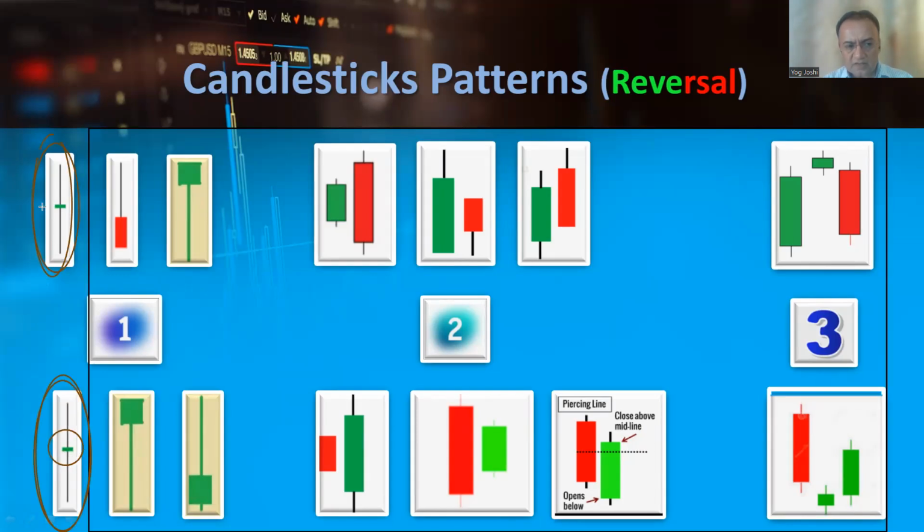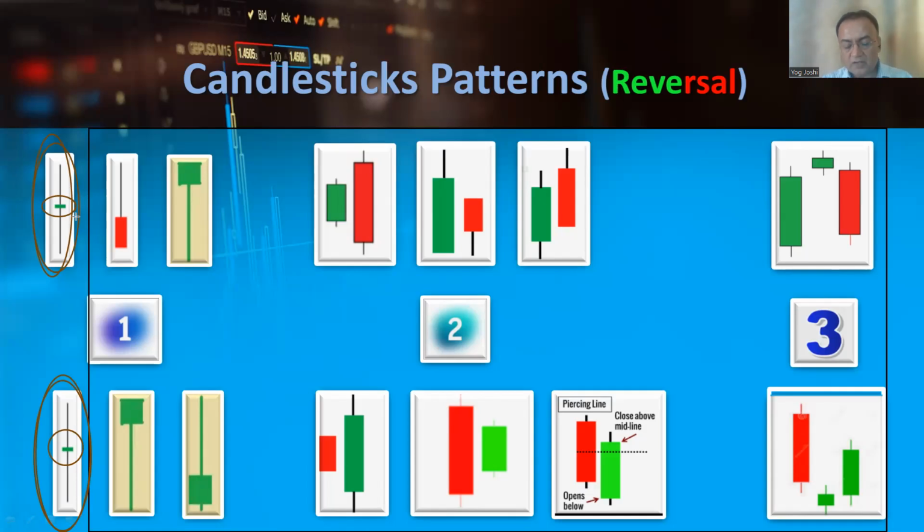Sometimes it is smaller than what is currently reflected on the screen. So it means that this is the neutral candle, where buyers and sellers are both unable to control the trend. They are unable to make the color of the body. They are unable to control the price movement.